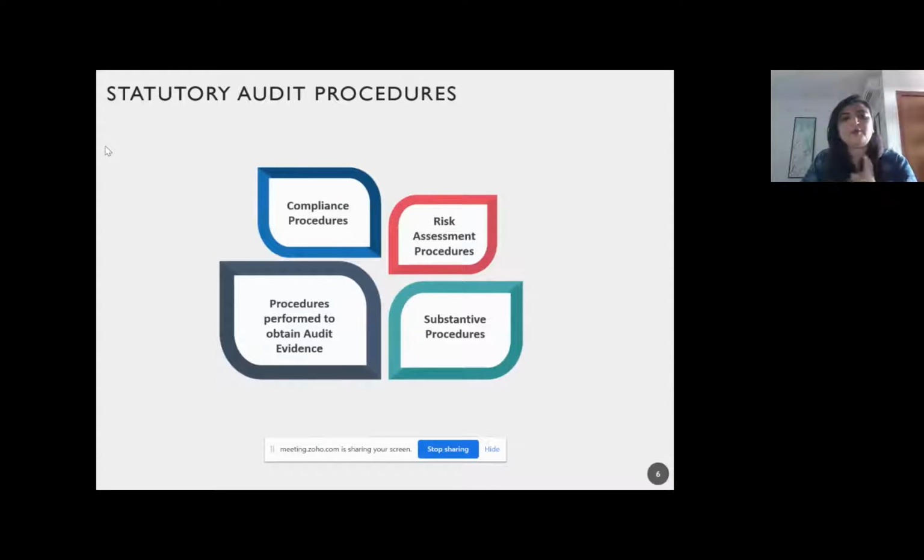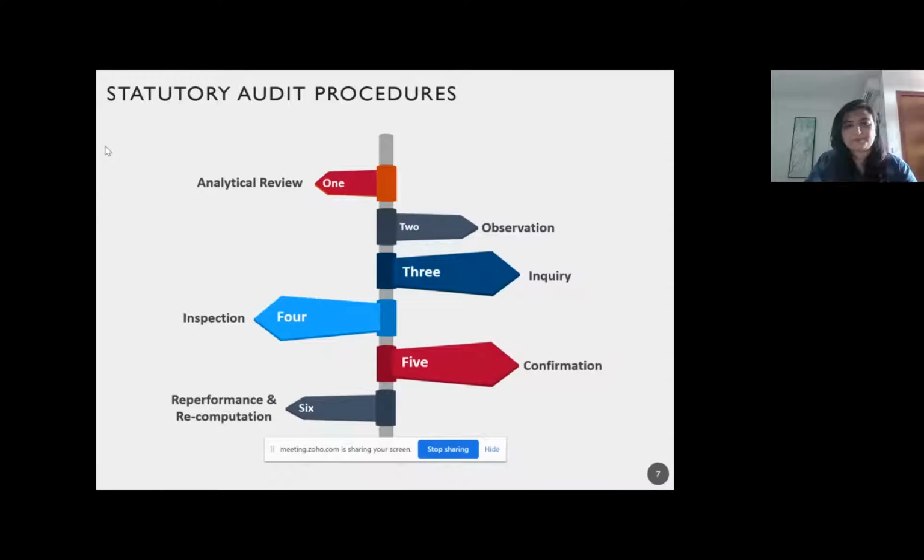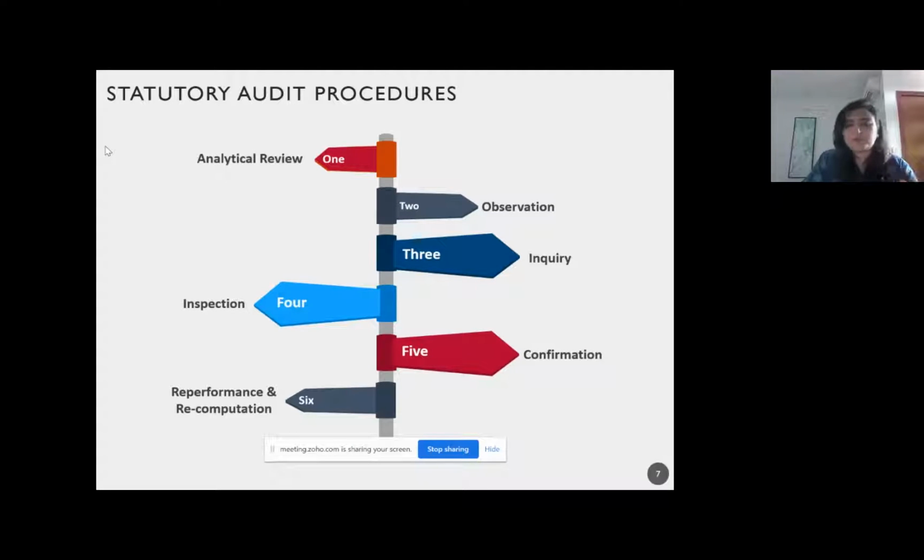You should demonstrate in sufficient measure that you have performed compliance procedures, which are tests of control, substantive procedures, which are tests of transactions and balances, and analytical review procedures, and you have performed risk assessment procedures to obtain audit evidence. This is a non-negotiable. Your audit working papers have to demonstrate what audit procedures you performed. So that's one way of looking at the audit procedures.